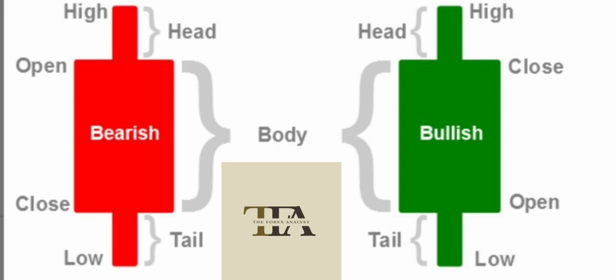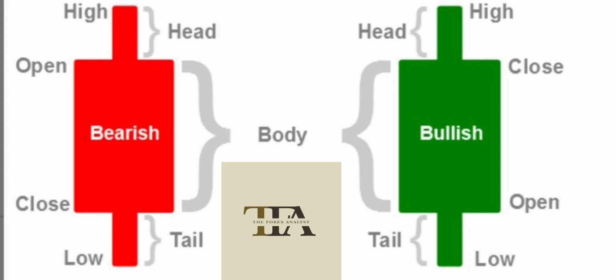The body is composed of the opening aspect and the closing aspect of a candlestick. They are the thick part of the candlestick. They comprise the opening price and the closing price of a candlestick. While the wick, the tiny part, some people call it tail, is composed of the highest point and the lowest point a candlestick has ever reached. The wick will display the highest point and the lowest point the candlestick has ever reached